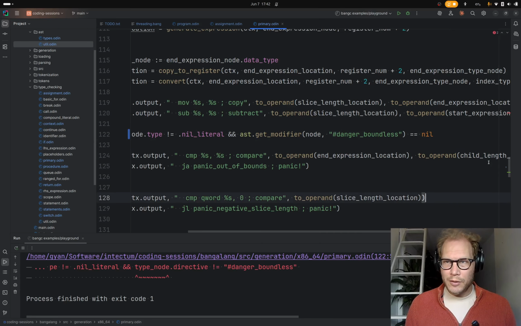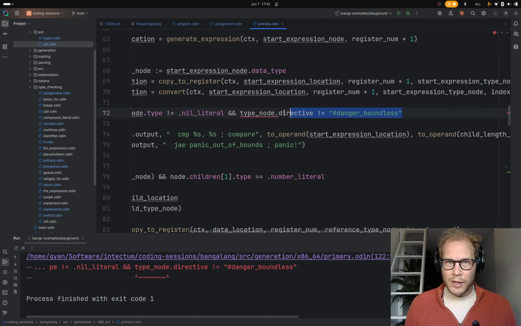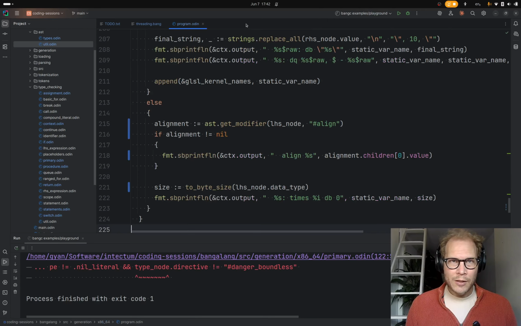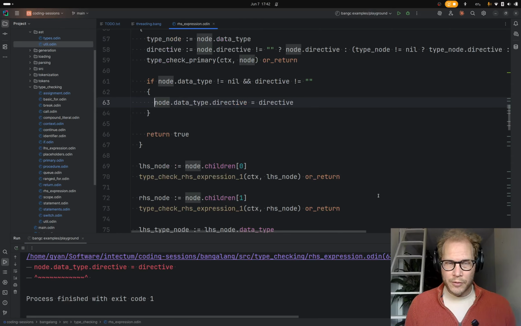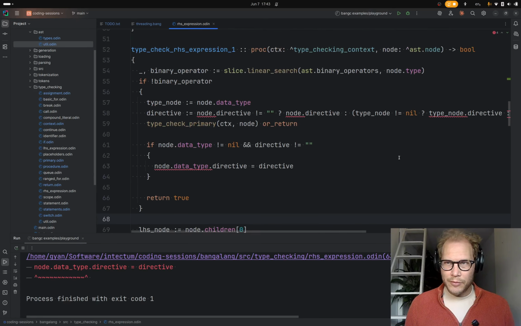Yeah, that's fine. I thought we would have another one here. Same thing. Cool. Still need to keep in the back of my mind that we need to have checks for alignment.